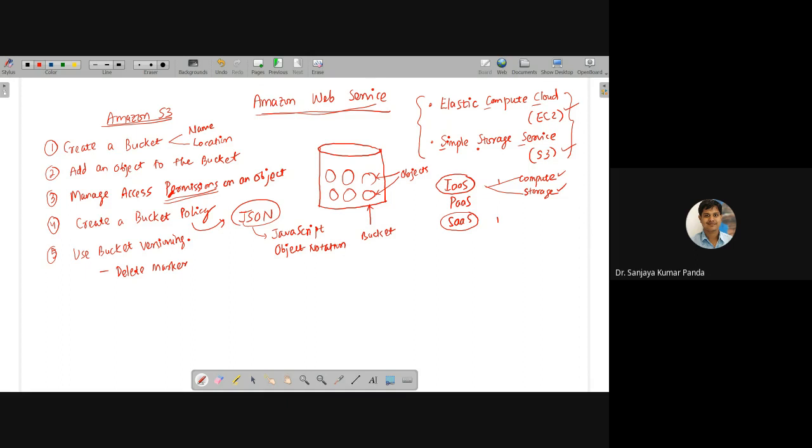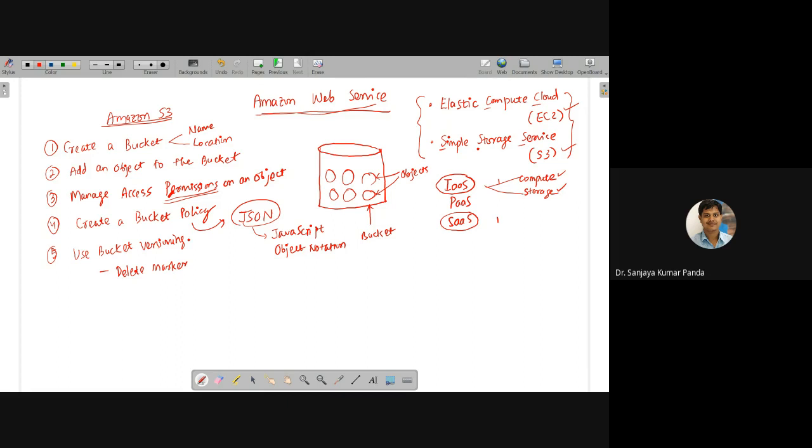Just like when you delete a particular file, that file is moved to the recycle bin. Then if you delete from the recycle bin, it will be permanently deleted, or there are some other methods to recover from that, but that is a different story.